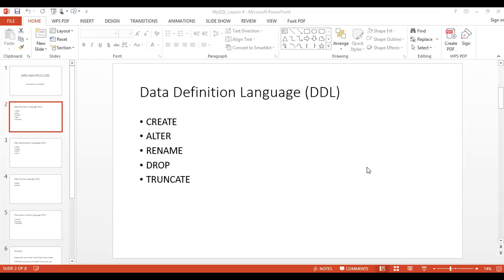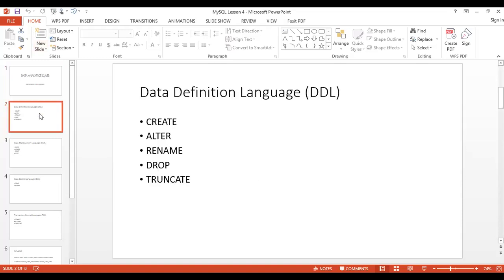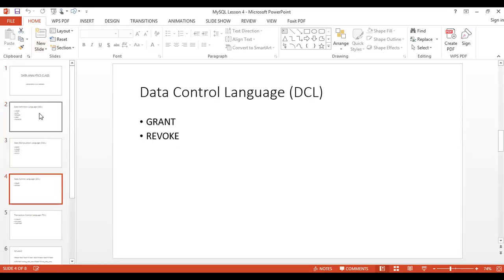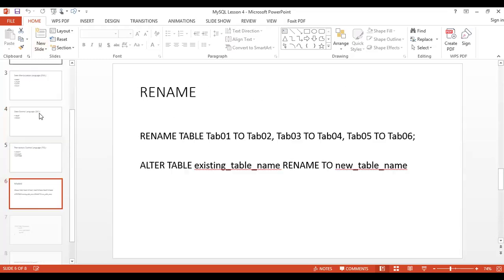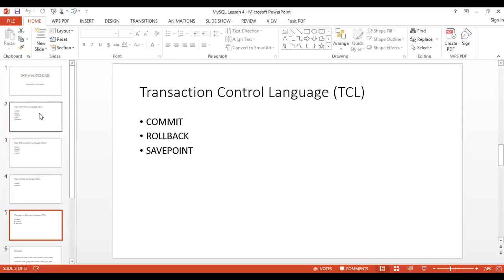We've dealt with many of these statements. We looked at previously the different types of SQL statements, including the DDL, DML, DCL, and TCL. So we looked at those, and